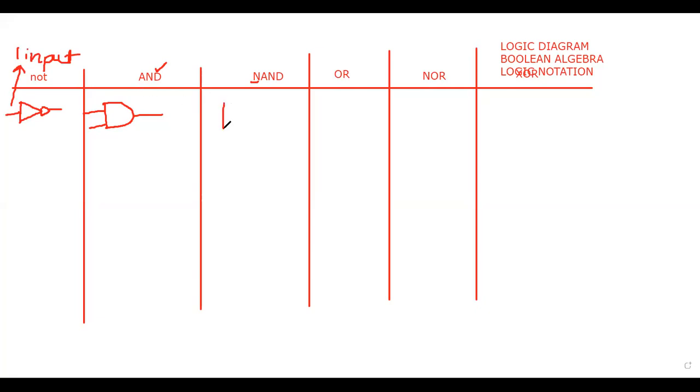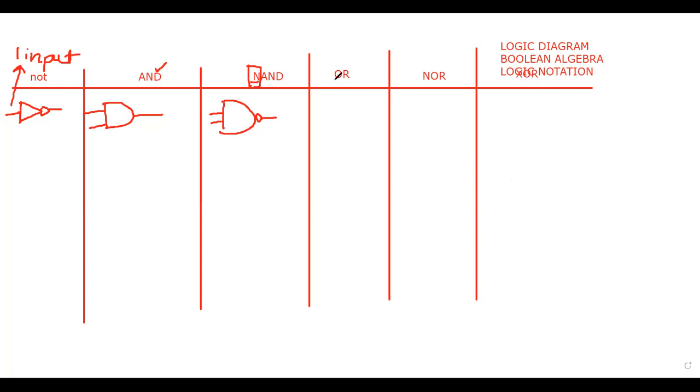So if we have the AND gate, we will make the same thing but with an inverter at the output. Just because we have this N attached with the AND gate.